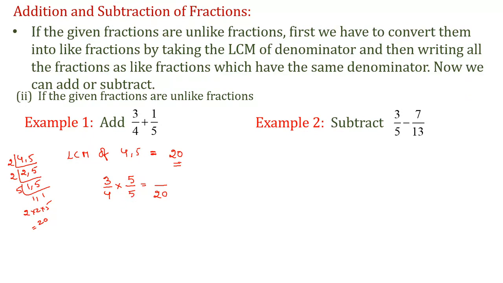Because we have to find the equivalent fraction of 3 by 4. So 3 5s are 15 by 20. So 15 by 20 is the equivalent fraction of 3 by 4. There is no change in the value. So now take the second fraction,